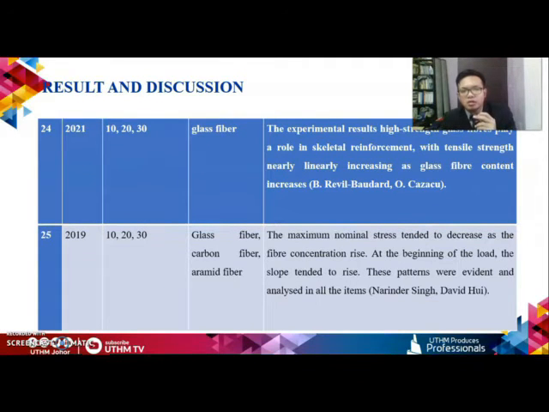Next, glass fiber. The experimental result shows that high strength glass fiber plays the role of skeleton reinforcement, with tensile strength nearly increasing as glass fiber content increases. For the glass fiber, carbon fiber and aramid fiber, the maximum nominal stress tends to decrease as the fiber concentration rises. At the beginning of the load, the slope tended to rise, then this pattern was evident and analyzed in